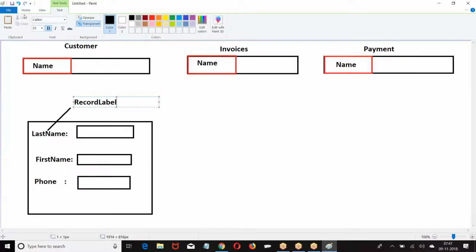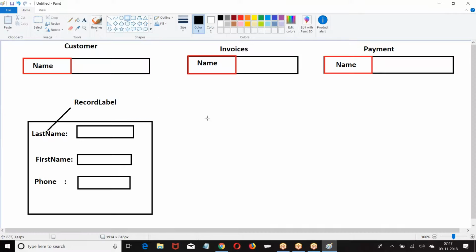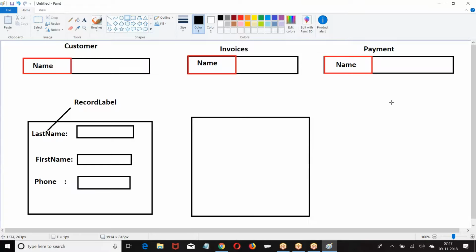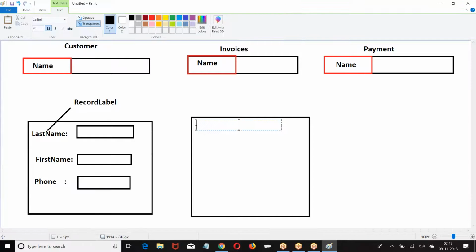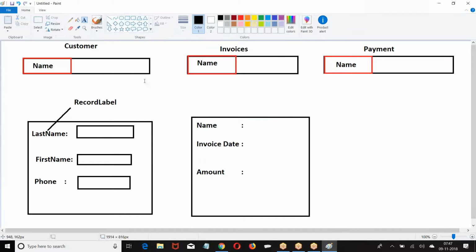Now we have invoice. When I am showing it, I cannot show it as a name. When I say name, people may feel it's an invoice name. But what I actually want to display here is the invoice number.